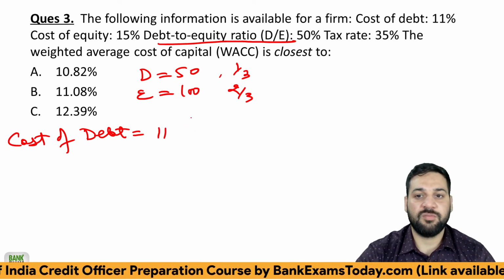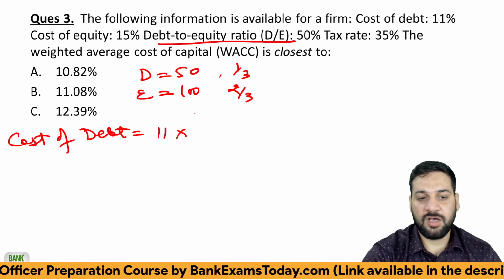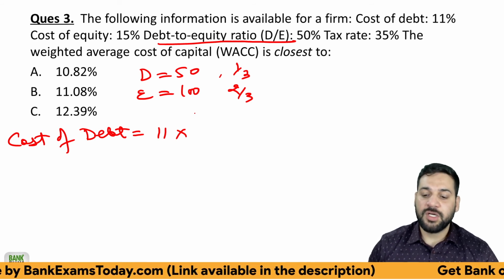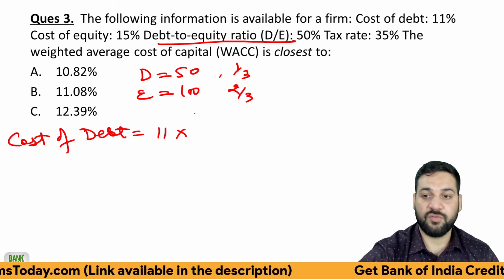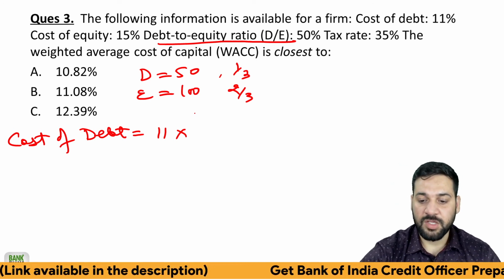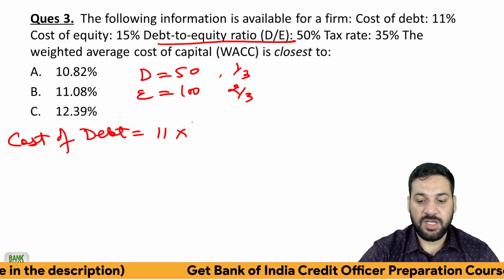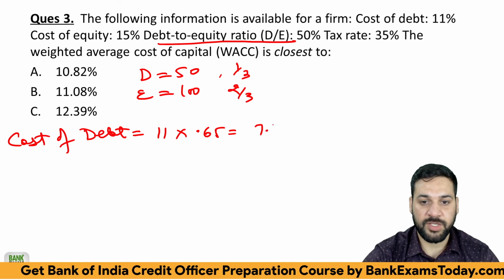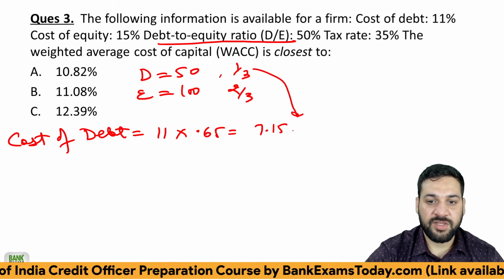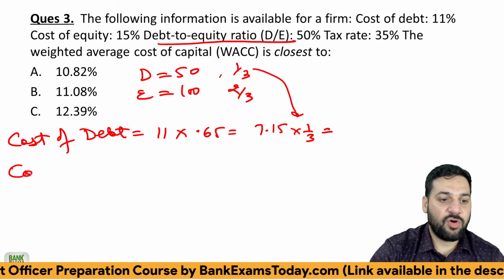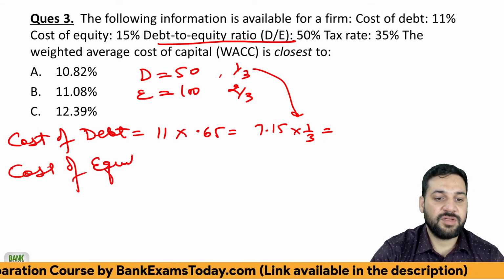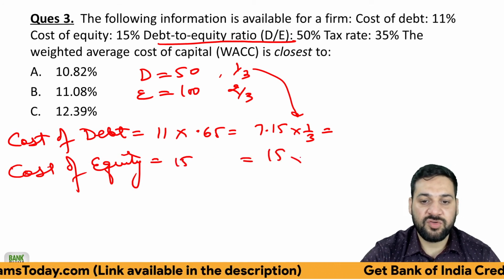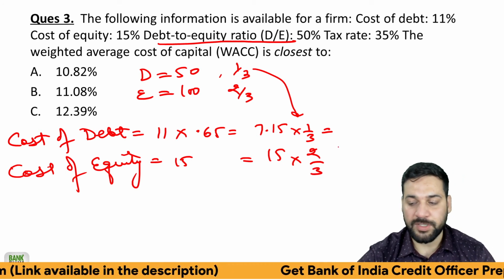So 11% is a cost, but tax rate is 35%. So the net, the net rate would be, the net effective rate of debt would be 65%, ठीक है। So how much it is, 11 is there, ठीक है। तो 0.65 करना है इसको हमने, which would be 7.15, so डेट जो वेटेज है इसकी 1/3 है, ठीक है। एंड नाउ द कॉस्ट ऑफ इक्विटी, ठीक है, कॉस्ट ऑफ इक्विटी कितना है, द कॉस्ट ऑफ इक्विटी इज 15% and the weightage is 2/3, so just multiplied using your calculators,